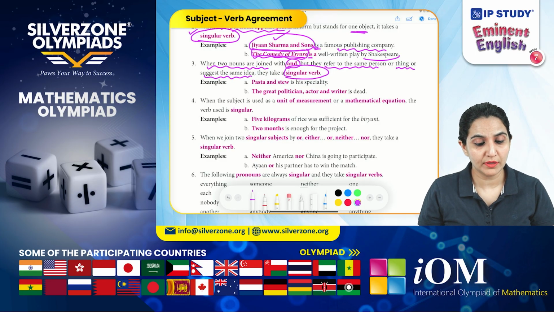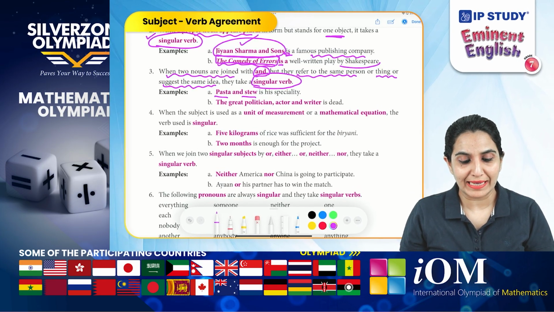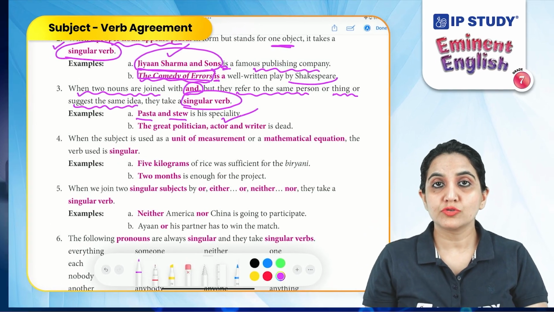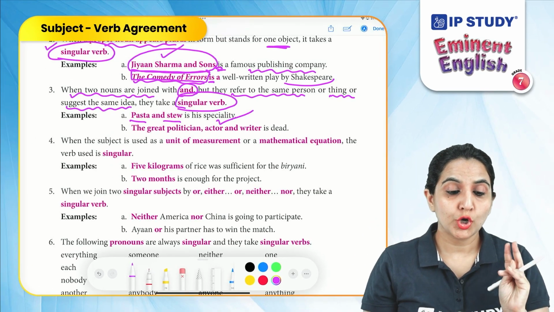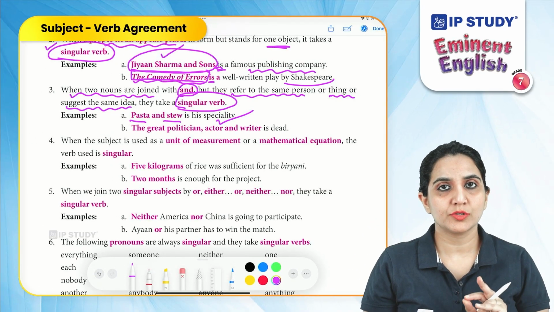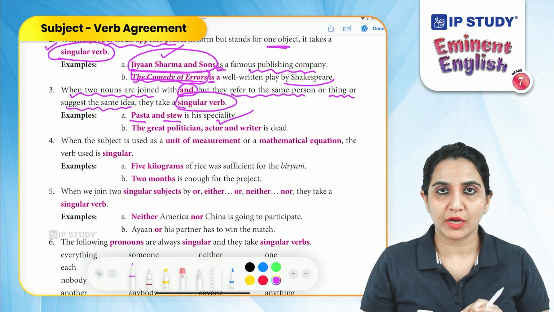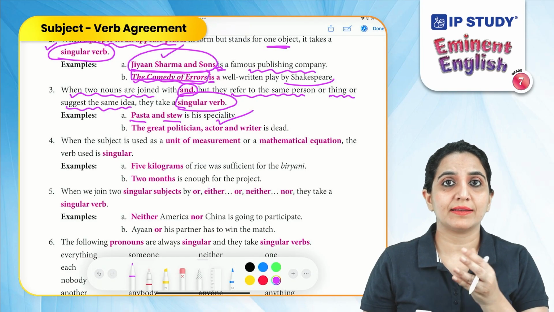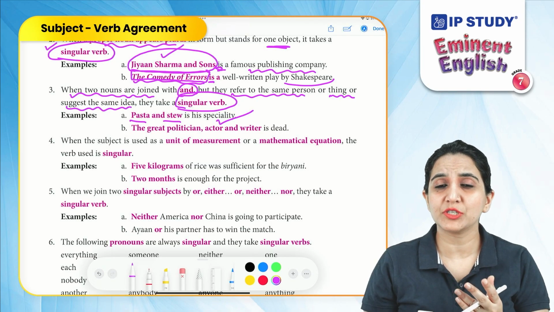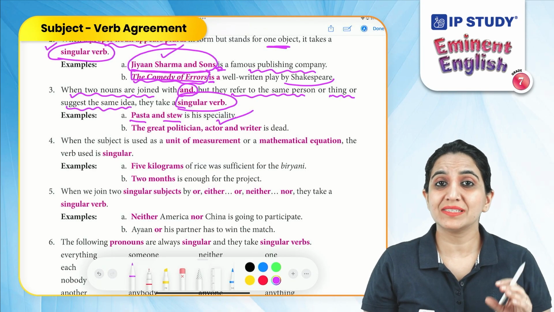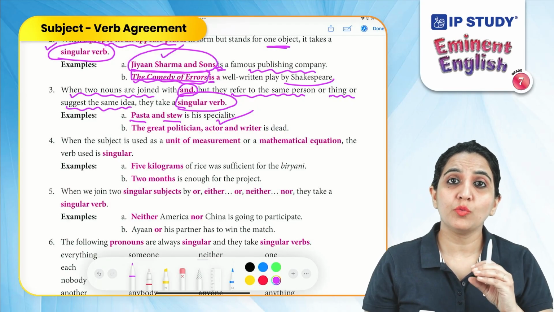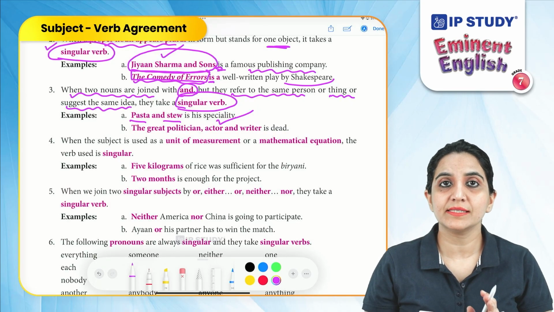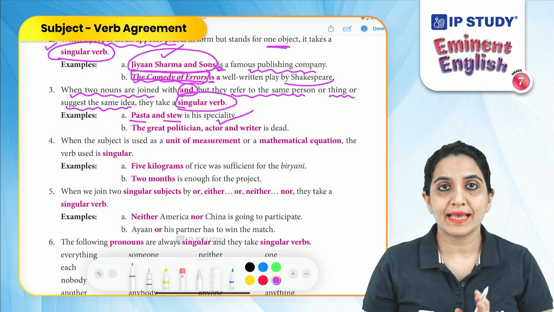For example, "Pasta and stew is his speciality." So we have used two nouns here, pasta and stew, and we have joined the two nouns using the conjunction "and". But they are referring to one thing. It is his specialty. What is his specialty? Pasta and stew. So since they refer to one purpose, they are considered a singular subject, and hence we will take